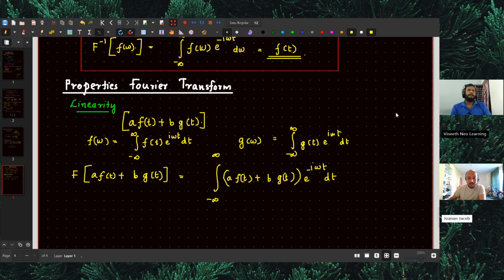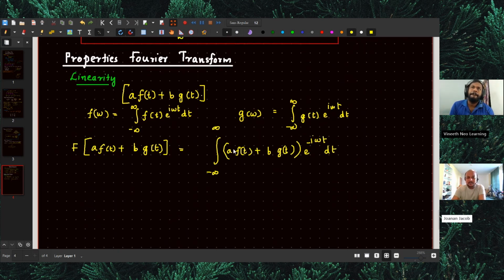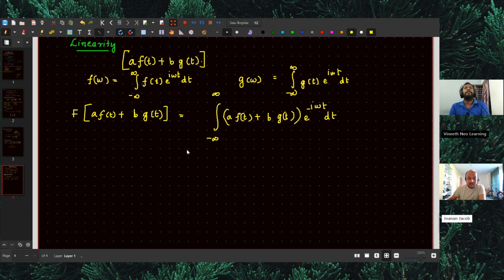Now we can simplify this, isn't it? These are simple algebra steps. Now we can simplify this as